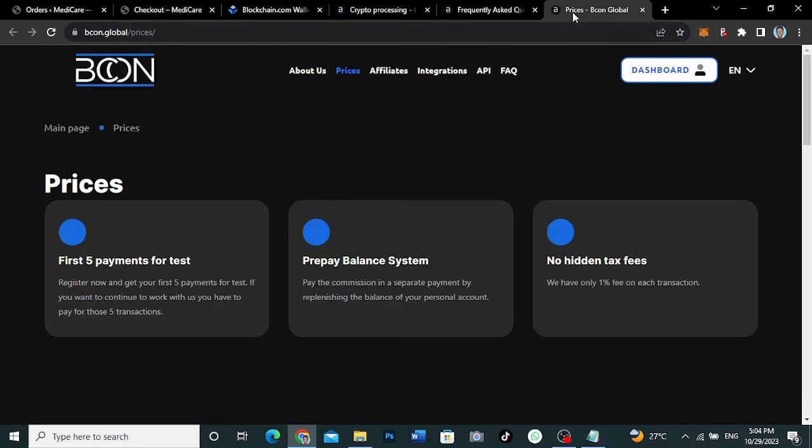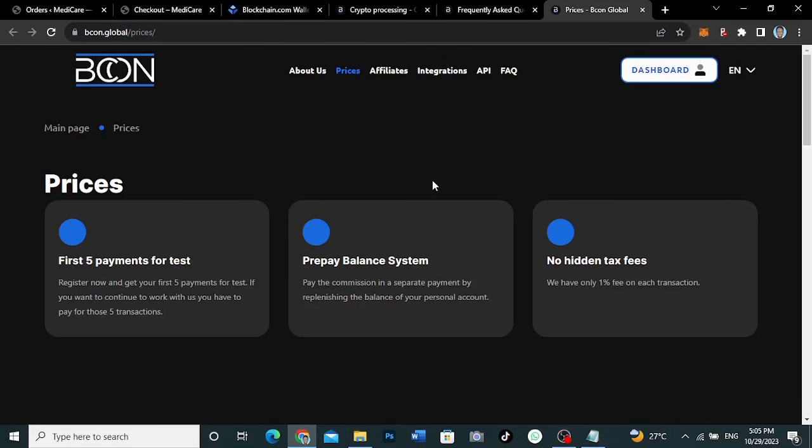And the fee, like we said, is just 1%. No hidden tax fees, just 1% on each transaction that you make. So every transaction that you make, they deduct a fee of 1% from it. That is as simple as that. This is the only thing with this platform, and aside from that, everything is as genuine as possible. I hope that you guys will enjoy this one, because it is smooth